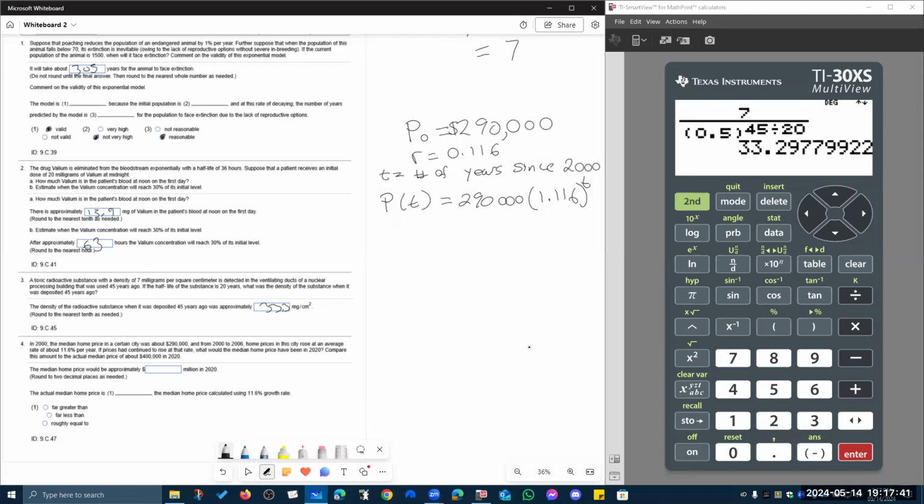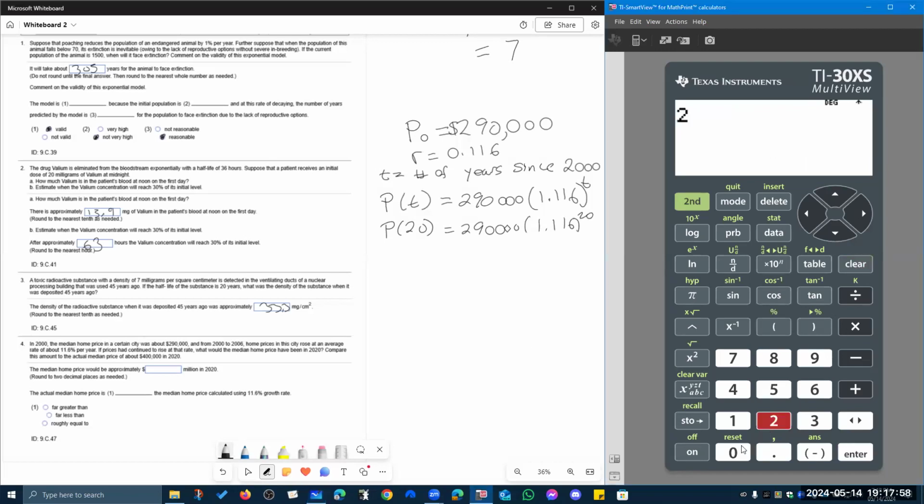So we want to find an estimate here of what's going to happen in 2020, which is 20 years after the year 2000. 290,000 times 1.116 to the 20th power is 290,000 times 1.116 raised to the 20th power is